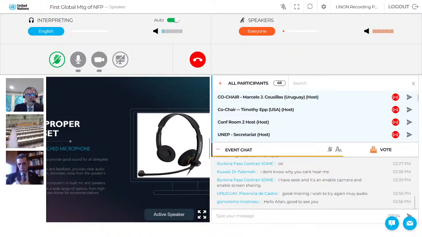Secondly, please use a headset while speaking, such as the one shown here, ideally with a noise-cancelling microphone. This will eliminate echo and feedback, and will make your sound crisper and clearer for all. If you don't have one to hand right now, as a temporary measure, you could use earbuds with an integrated microphone, or headphones and your computer's inbuilt microphone.